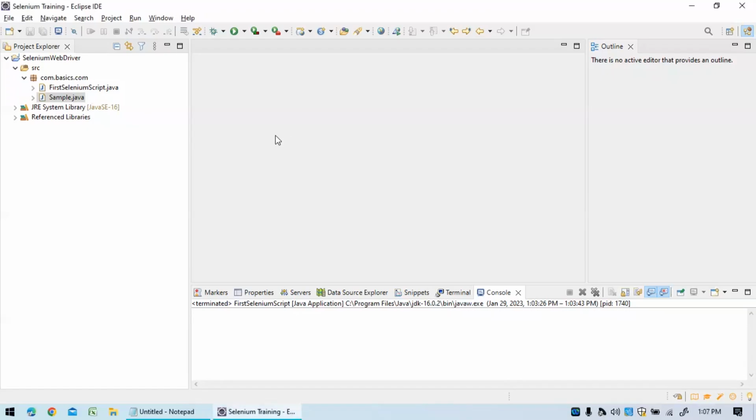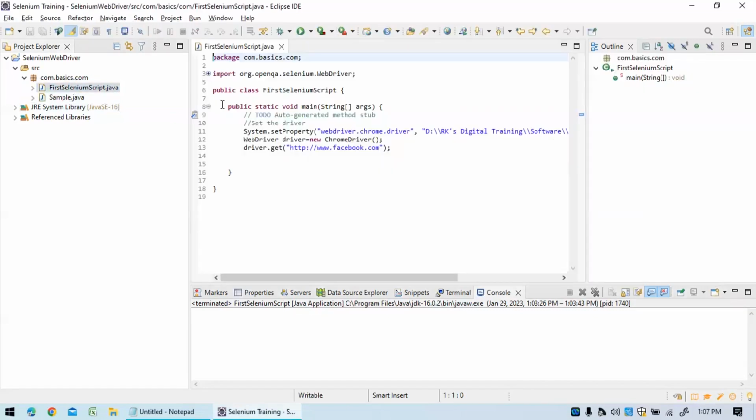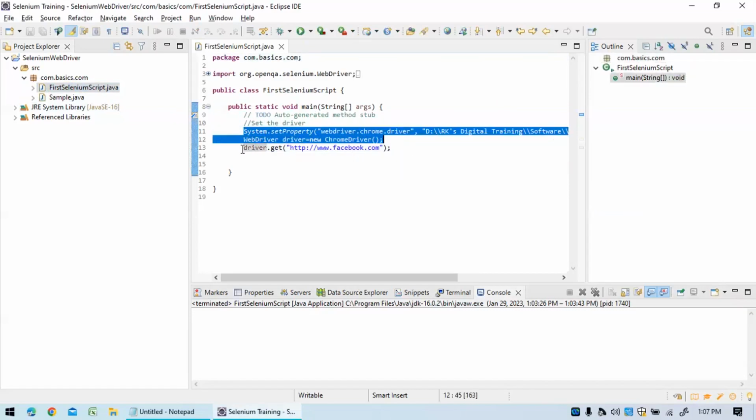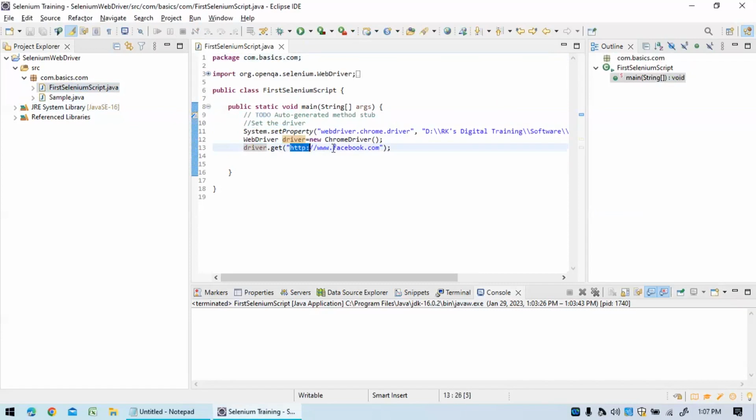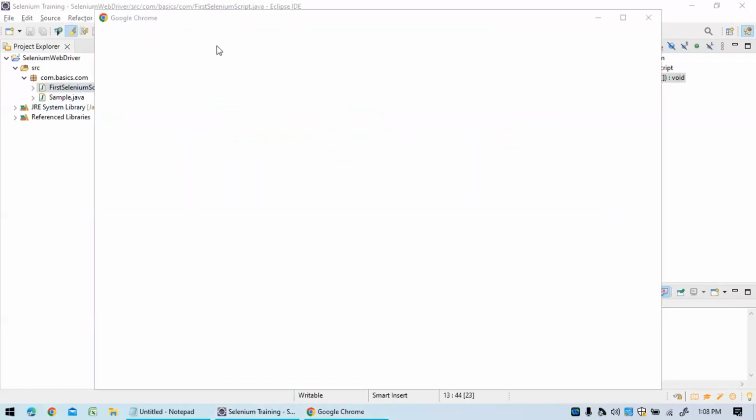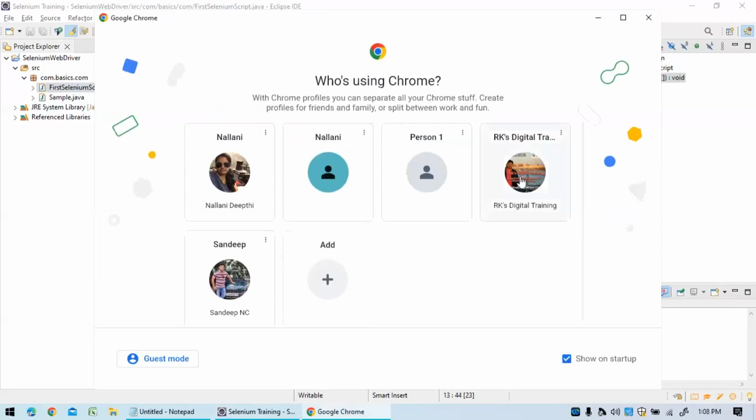Hello everyone. In the last video, we have seen how to write our first Selenium WebDriver program. So if you look at, we have initialized the Chrome driver and then we have accessed the URL, whichever URL you wanted to work with. I have taken Facebook as an example. Let us say if I open this, let me open that Facebook